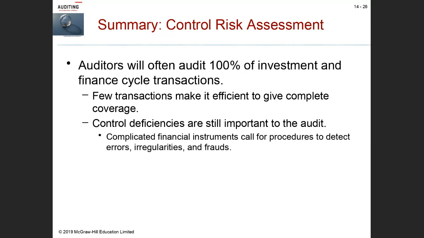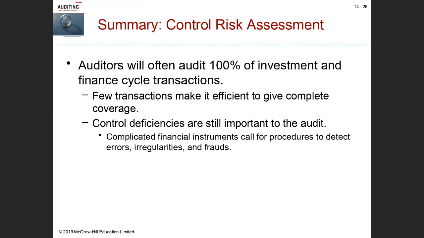And also, of course, why would you do a complete study of internal control, right, which takes a lot of time and testing of controls when it's more efficient just to do a small number of substantive procedures, right? So testing of controls in this area would be inefficient, so why do that? In addition, again, they mentioned here, internal control deficiencies are important to the audit. Why? Because it gives you hints around where the risk of material errors could occur, and you want to do some substantive procedures to ensure that those risks have not been materialized, right?